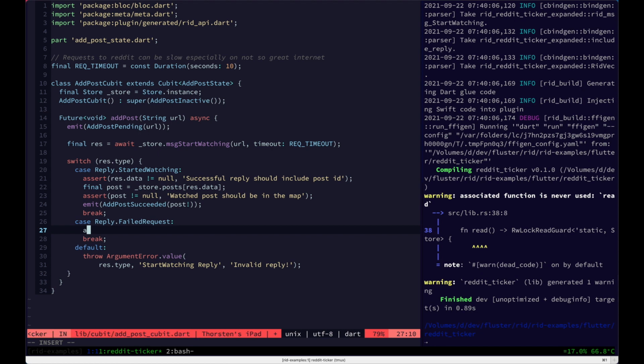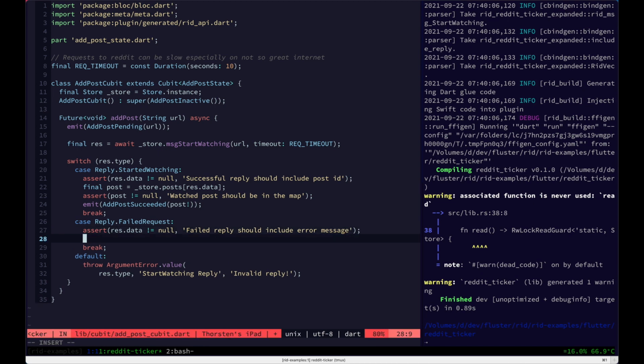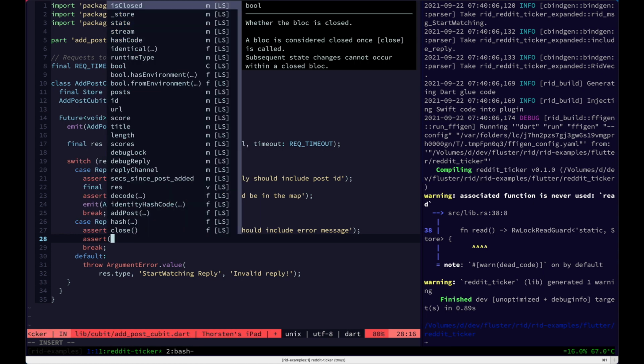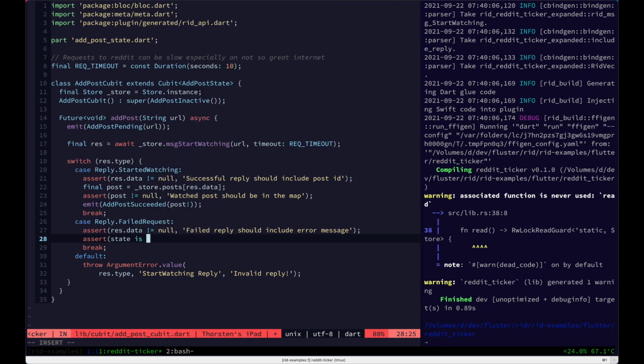So now the next thing here is when we have the failed request, we actually need to do something somewhat similar here. We need to make sure that, first of all, we got a data, because the data will have the information about our error, right? So failed reply should include the error message, right? And next of all, we're going to also assume that the state is add post pending, right? And if it wasn't, it should fail, right? With this message, because why, right? Only fail